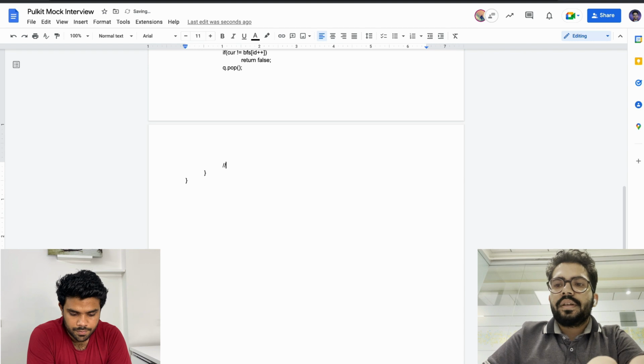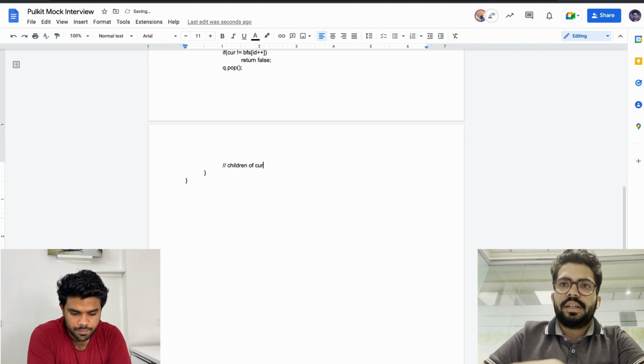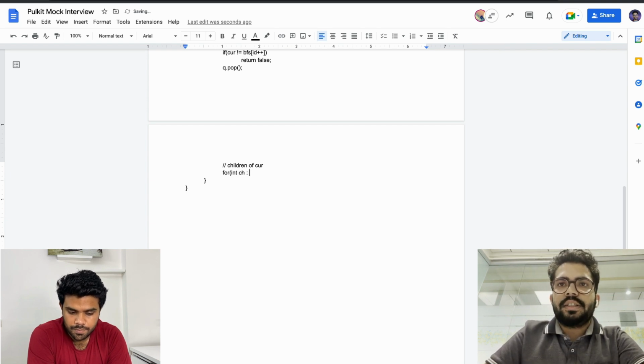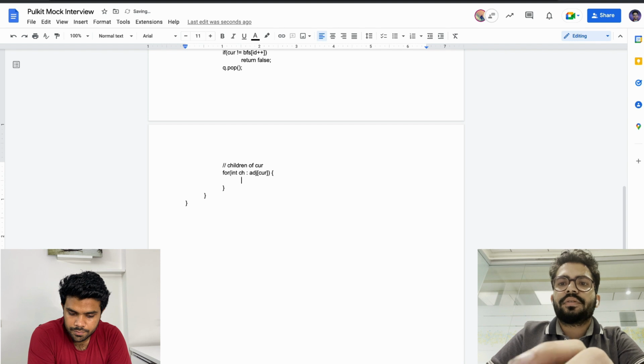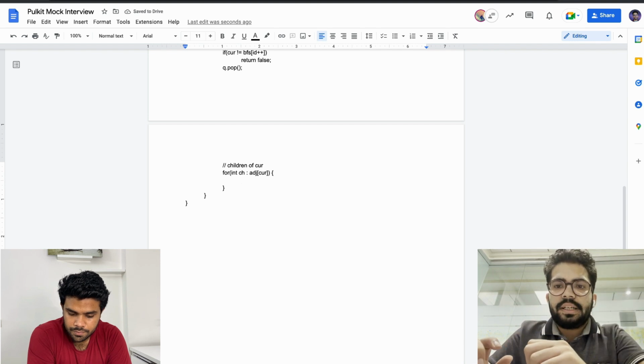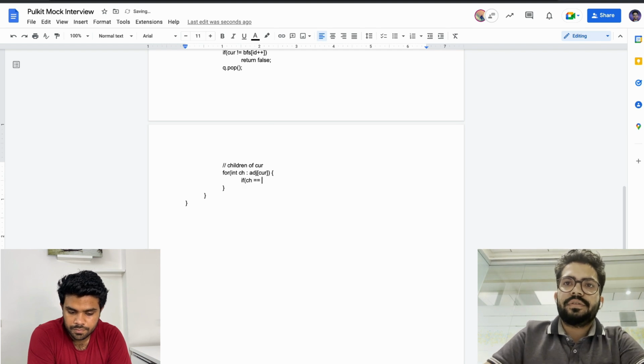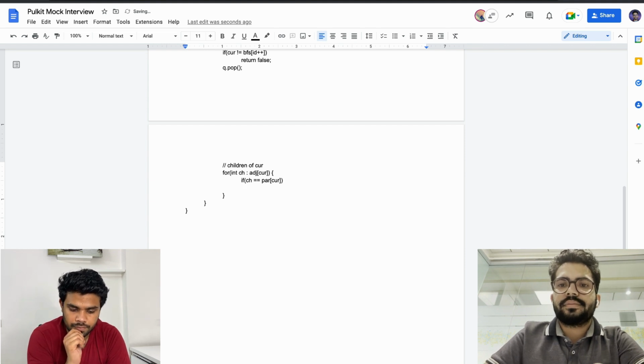Now I'm interested in the children of current, so I'll be iterating over the children of current. But the thing is that in the adjacency list, I'm not storing just the children, right? When I'm iterating on the adjacency list, one of these will also be equal to the parent. That is why I needed to store that parent array as well, because when I am adding the nodes into the queue, I will also set their parent. So if ch equals parent of current, then I just continue because I'm not interested in the parent. This makes sense.